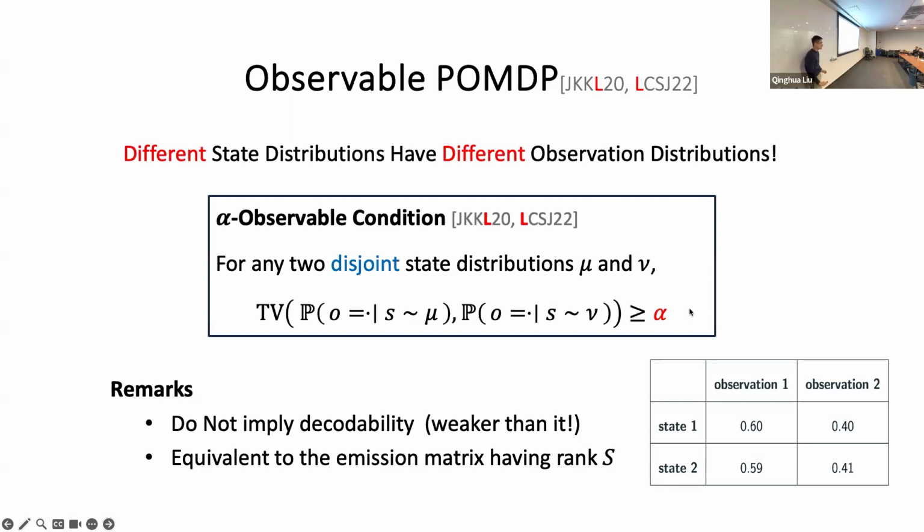Okay. And another thing I would like to emphasize is we put no restriction on the underlying hidden dynamics, and we also put no restriction on the initial state distribution. So it's only about the relation between hidden state and observation. Okay. So any question about this page? Okay, great.